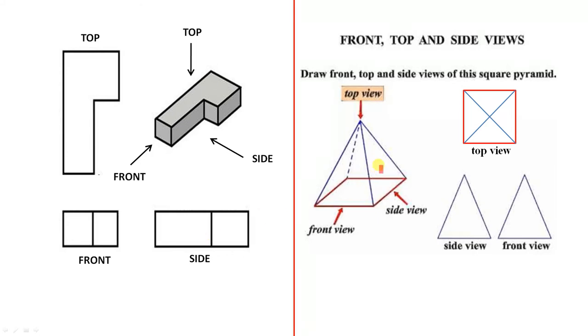And finally here we have this square pyramid here. Okay, so the top view of the square pyramid, if you look down, you basically see this square, and it's like a cross there. So they represent the four triangles coming up to the top. And the side view and the front view, they look the same because it's a square pyramid and the four